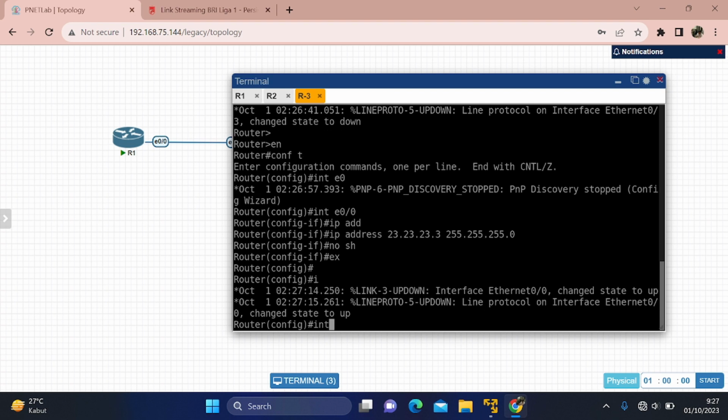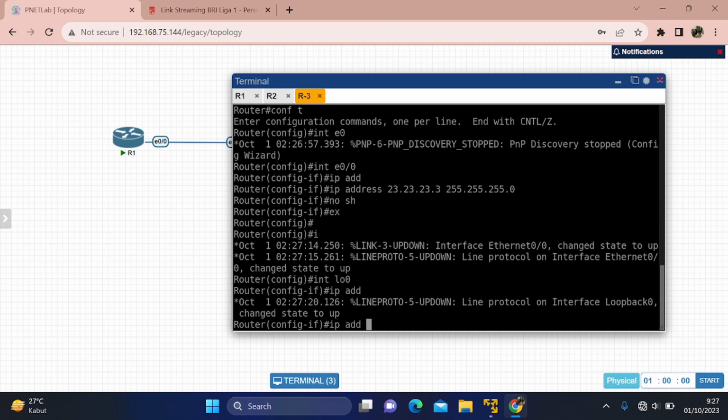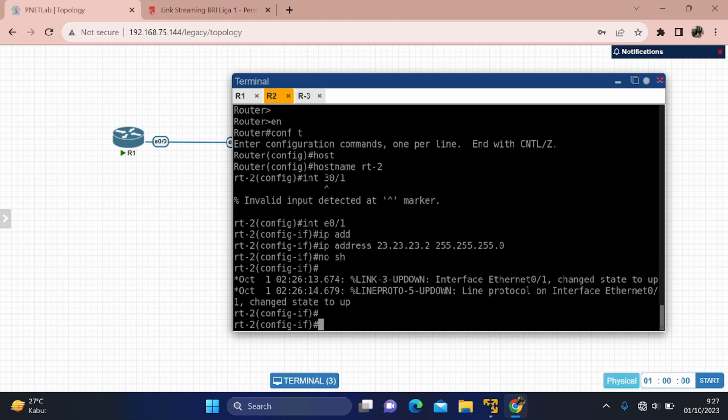And then the IP loopback. After that, the IP loopback is 3.3.3.3 and the mask is 255.255.255.255. And then the next configuration is BGP in router 2.